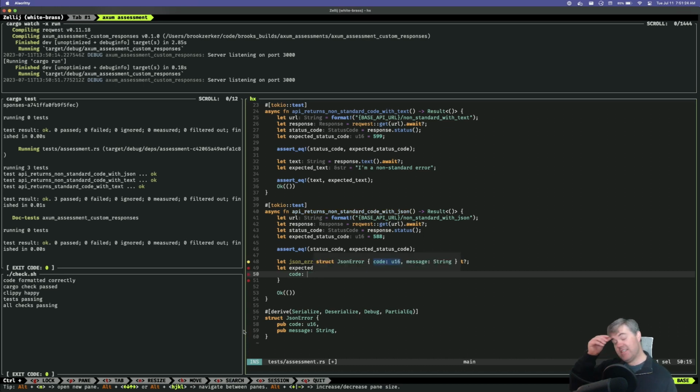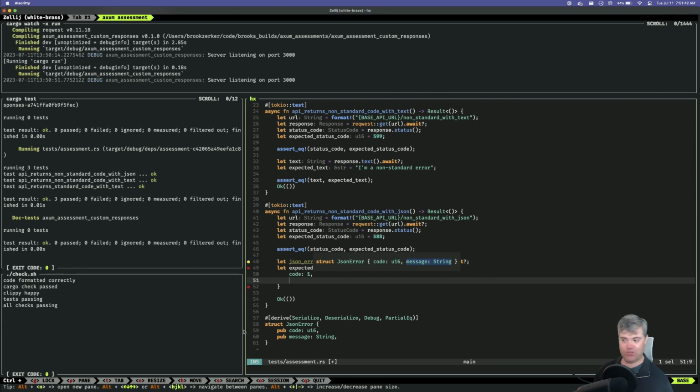Now this could be an application code, right? It doesn't have to be the same code as an HTTP status code. This could be where we go wild and we just say, hey, it's code 1, whatever that means to your application. So I'll do that just to hammer that point in. And then we have a message, and that's going to be